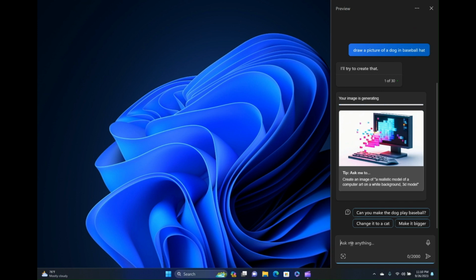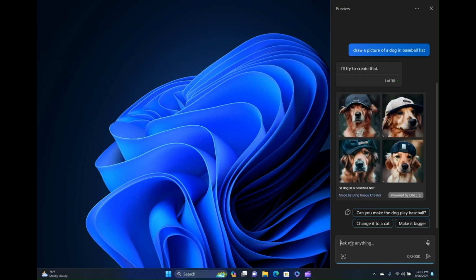We'll see. But this is stuff you can do in Bing chat. So, hey, look at that. Dog in a baseball cap. Yep. They're all pretty adorable. I think this looks like the cap's on backwards. That is kind of adorable. No, this is like dad dog, and this is like teen dog, and this is like stylish dog. Anyway,